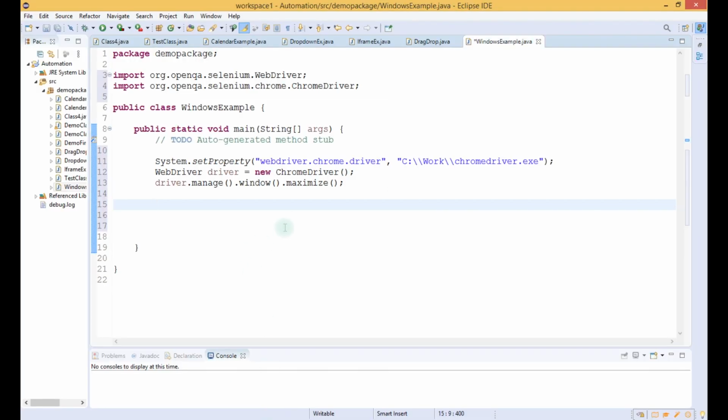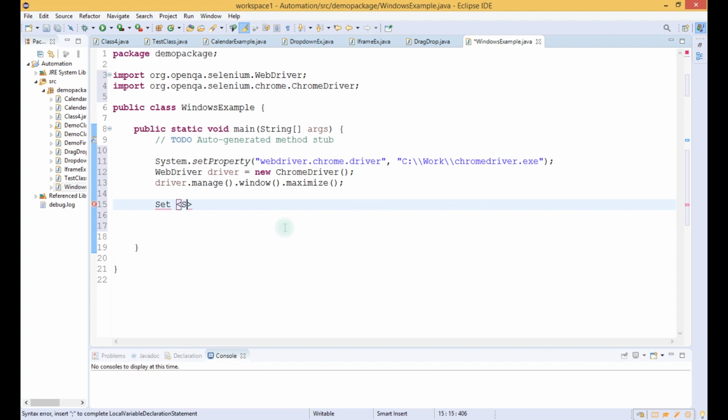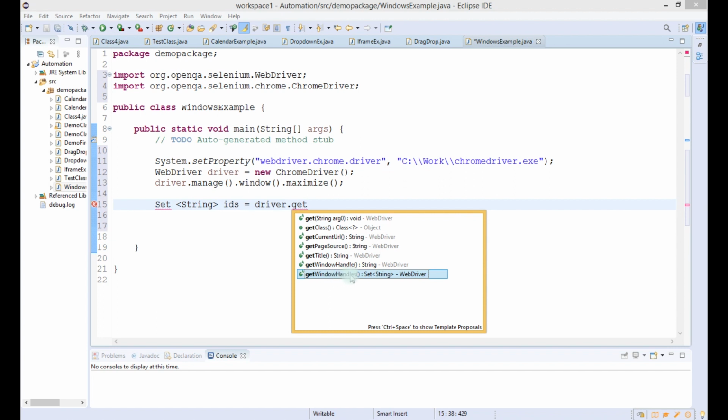So let us write Set. Don't worry about the syntax, we have to write exactly like this. Because it is a type of string, let us give the name as IDs equal to driver.getWindowHandles. As you can see, the return type is Set<String>.